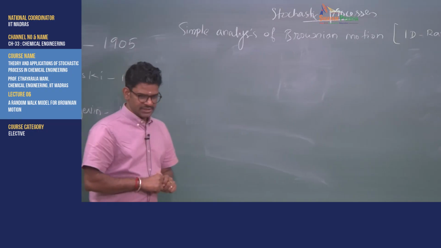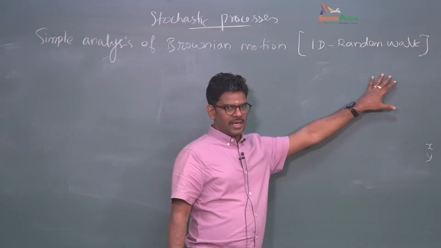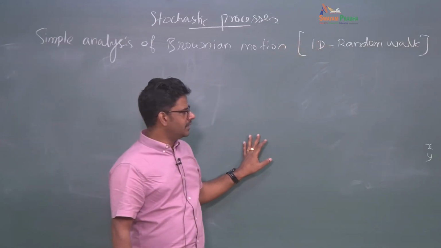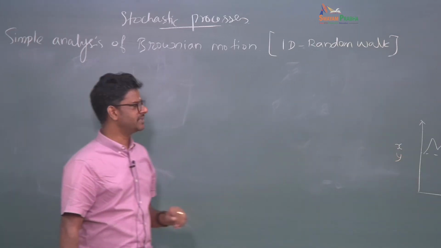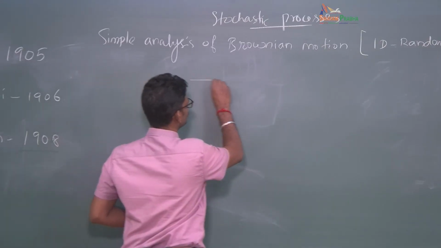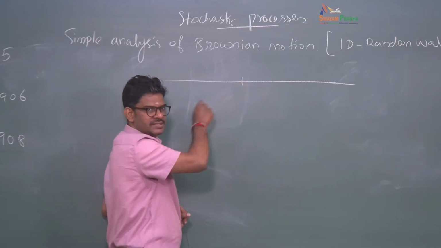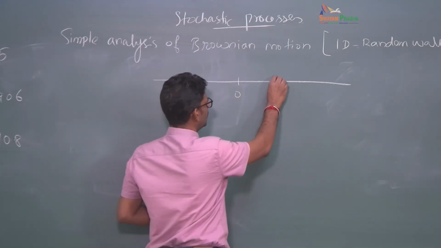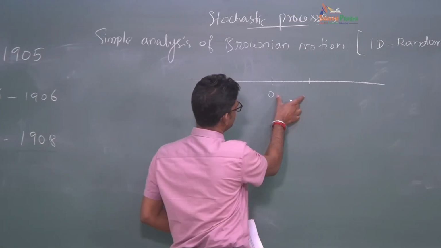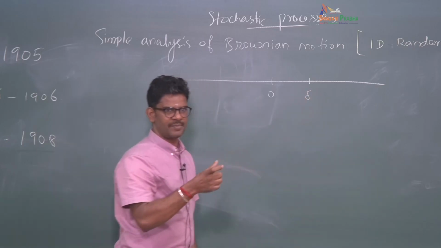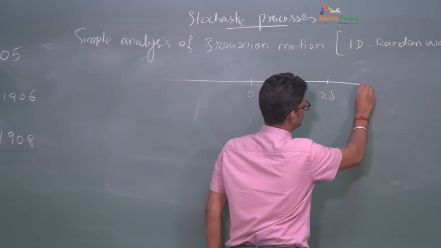So now we will try to set up a very simple one-dimensional random walk approach, and then see what comes out of this analysis, and whether this can explain what we have shown here as Brownian motion. Okay, so that's the context. So we are thinking about a one-dimensional problem. So we have a one-dimensional axis here. I will discretize the space: 0, and I say this step size is delta, some length dimension like delta. This is 2 delta, and then goes to infinity.